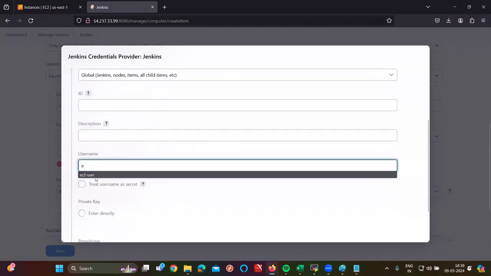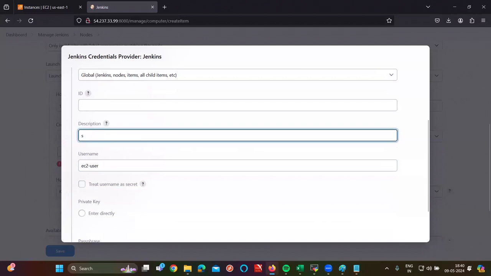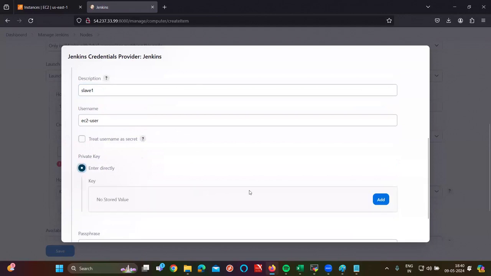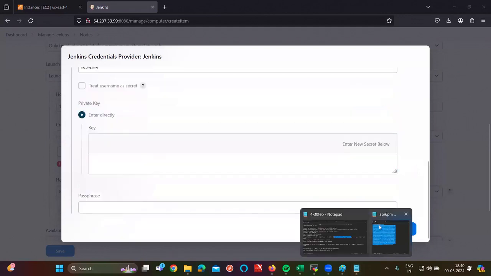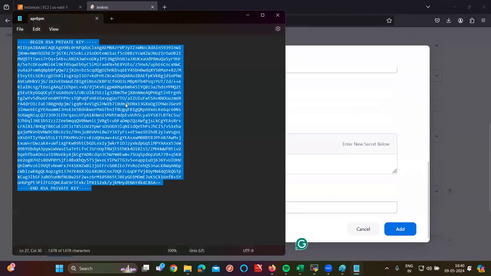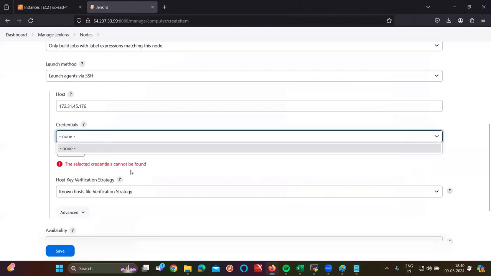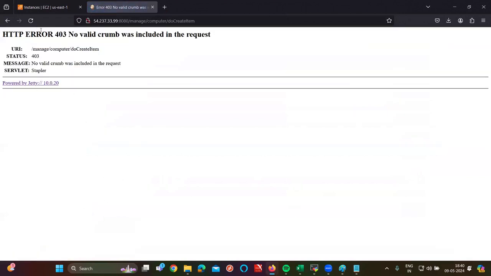Username will be, and description you can use. I'm using it for my slave one. So just use slave one. That means I'm using it for slave one. It's optional. Coming to private key, enter directly. So already for your server, you have the private key. So it is my private key. Copy this and just paste it on the terminal. Now if you click on the drop down, so first of all, let me save till here. Why? Because